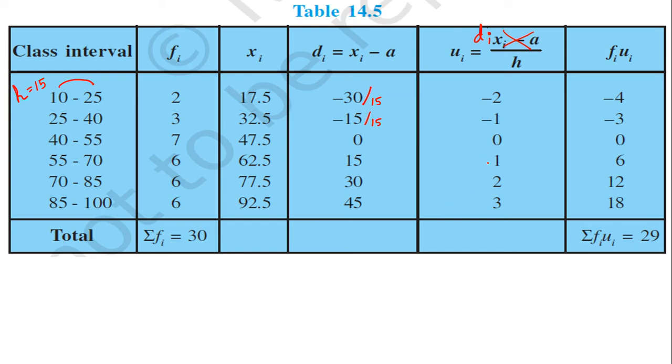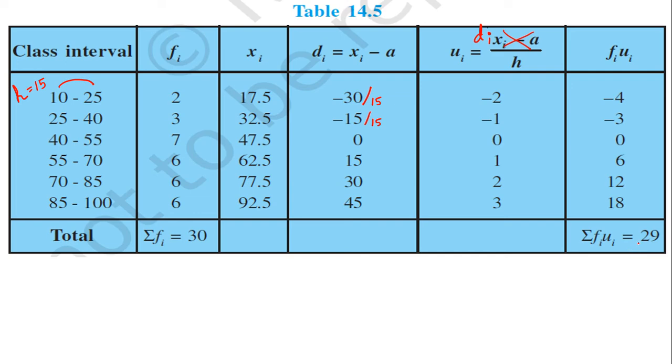Now as you can see, all these numbers are so easy, and now you have to write fi ui. So fi will multiply with ui. Again let me tell you why we have done this whole procedure: because we just wanted to make the numbers as small as we can. This is the last and final try from my side, the smallest number, and now this is the fiui, as you can see here. So this is sigma fiui, which is 29.